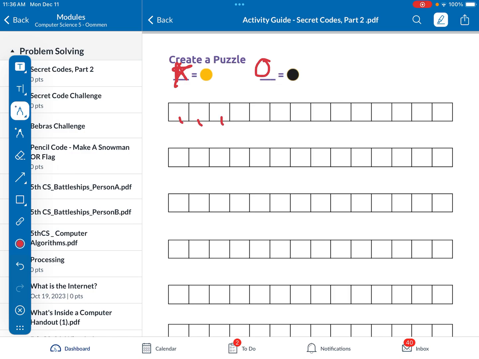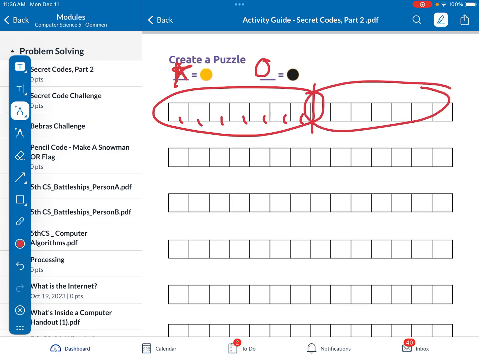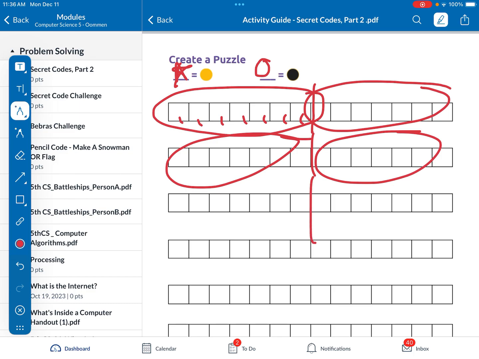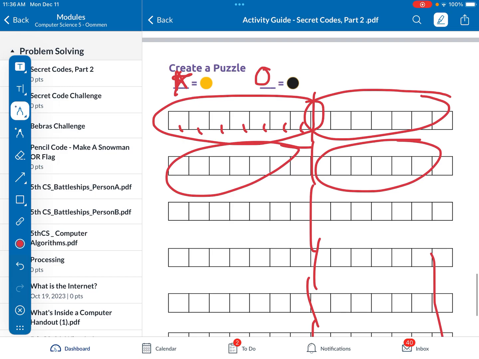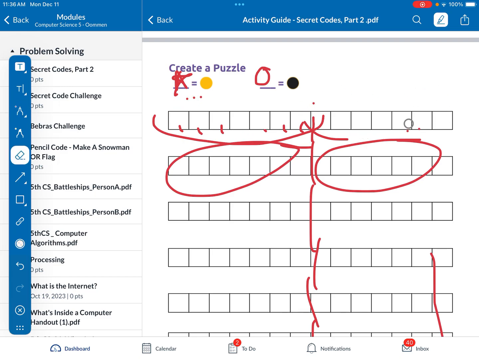Notice there's 1, 2, 3, 4, 5, 6, 7. So you can fit 1 letter here, 1 letter here, and this could fit up to 2, 4, 6, 8, 10, 12, 14, 16, 18 letters. So if you want to make a letter or a word or a phrase,